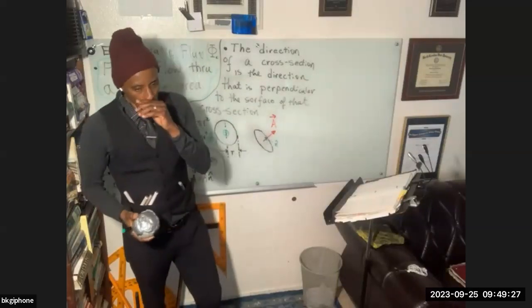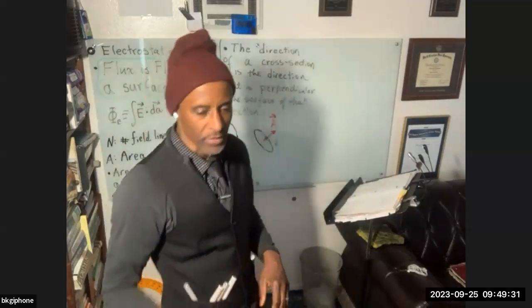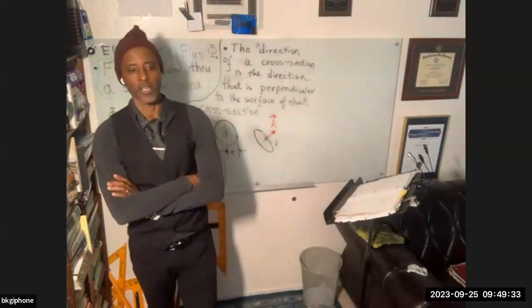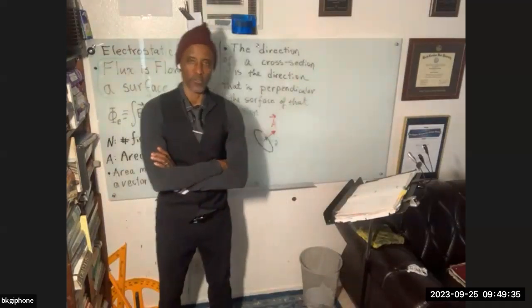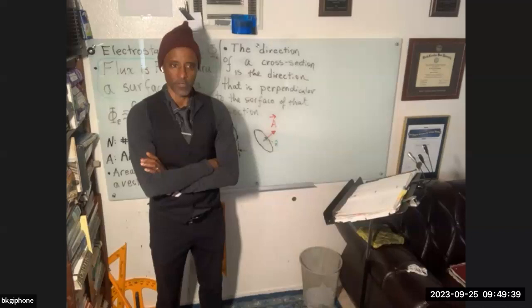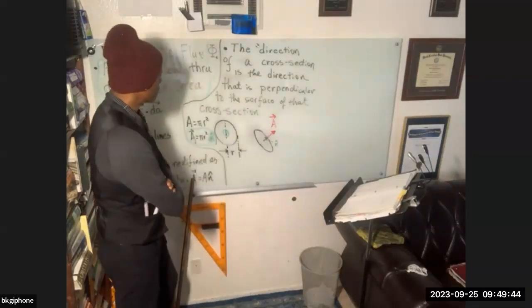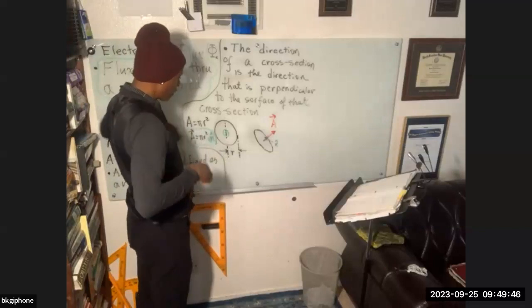So yeah, area is a vector and it points perpendicular to the surface. Even if you have a multi-surface object, each of those individual surfaces would have a unit vector associated with it. So let's say that. So for a closed surface,